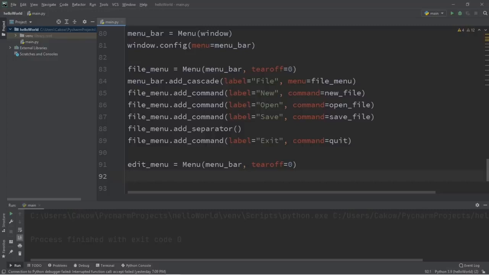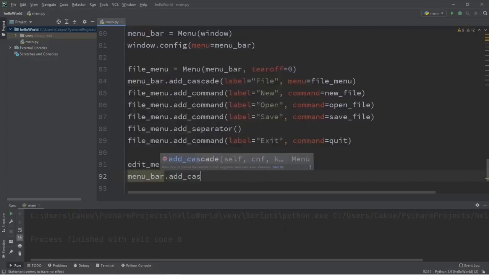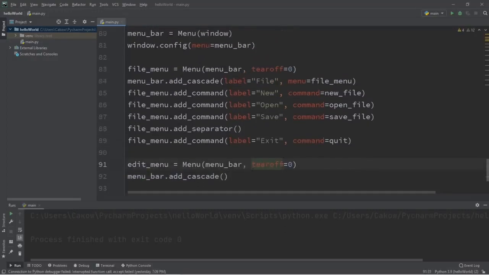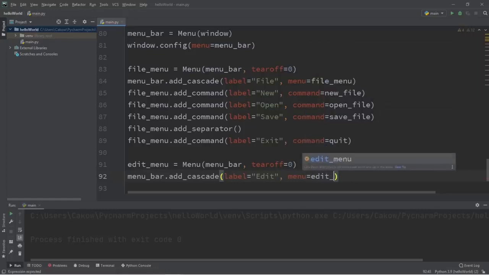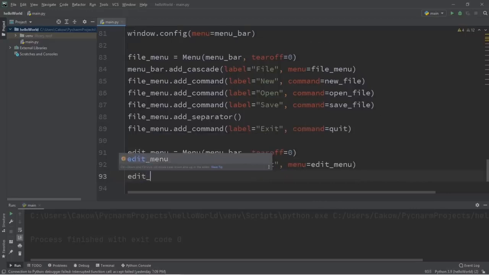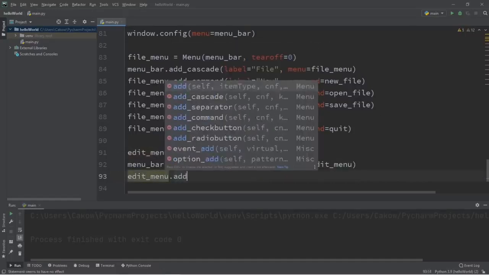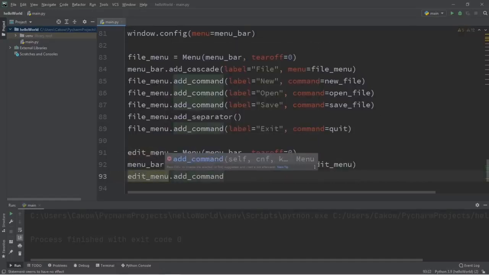We'll need a cascade. menu bar.add cascade, label equals Edit, menu equals edit menu. edit menu.add command